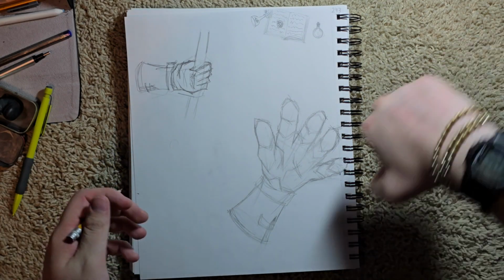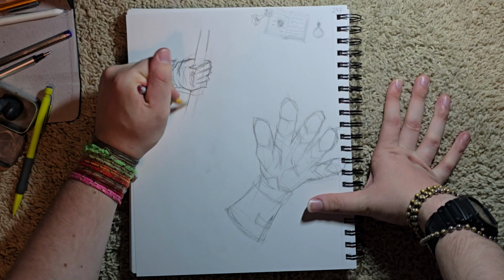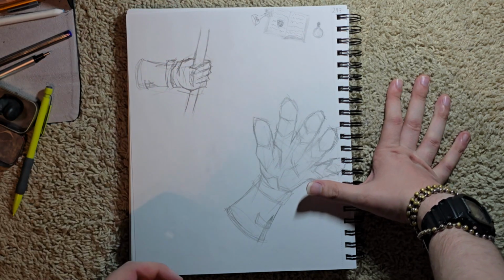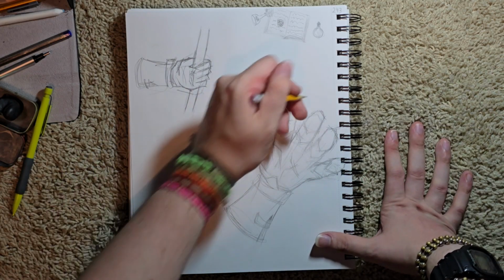Just rub that into the carpet. It didn't come off. Okay, that's fine. It doesn't matter. Just pencil it, it'll wash right off. The thumb is a little too high, but that's not terrible. We got...